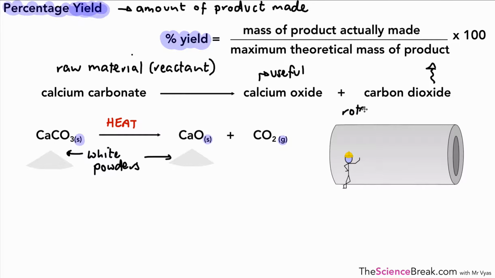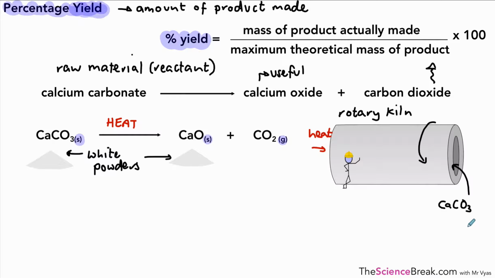It happens in a structure called a rotary kiln. So there's a rotary kiln, just a simple diagram of one, with a little character next to it just to give us an idea of how big that thing is. But what we have is the rotary kiln. There is heat supplied at one end, and this whole thing rotates in order to mix that white powder so that all of it is heated as evenly as possible. And of course we have to put in our calcium carbonate into the kiln itself